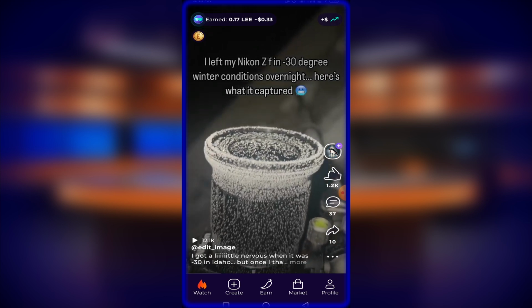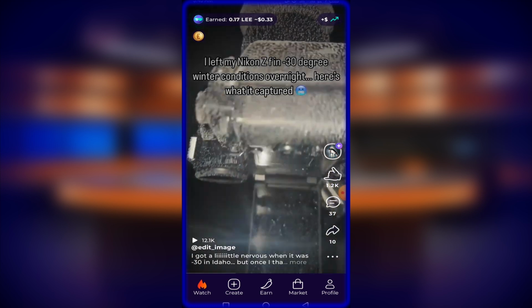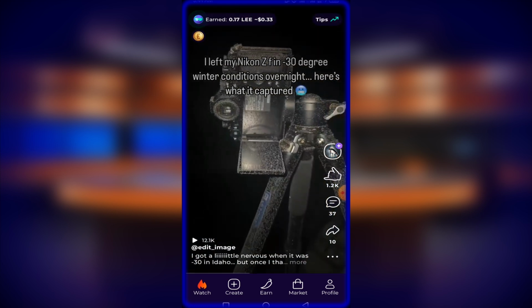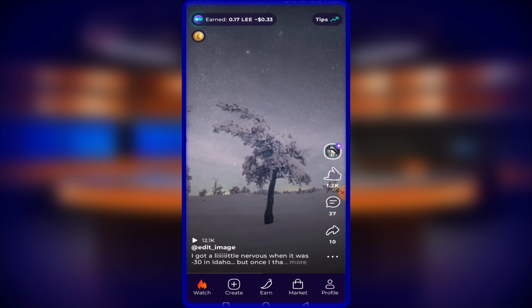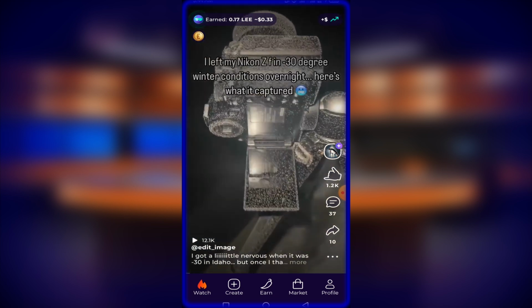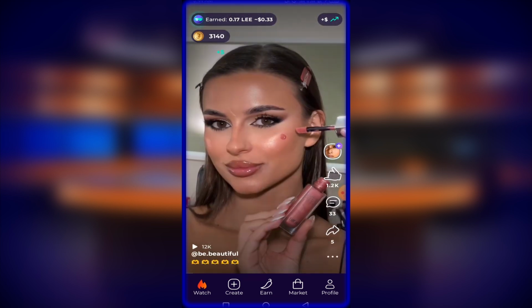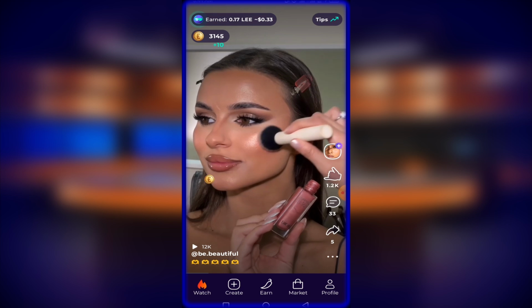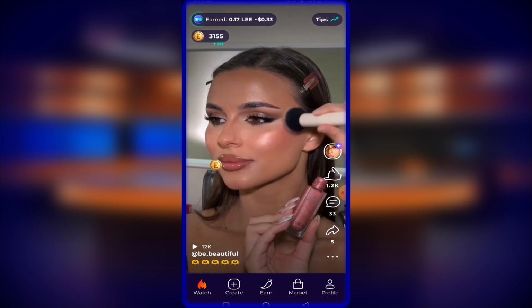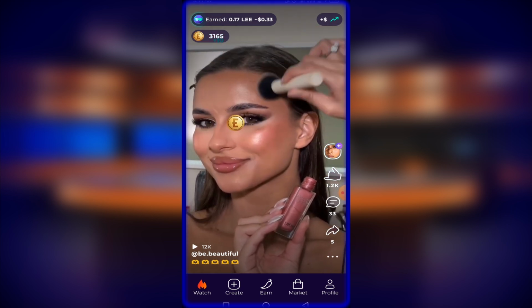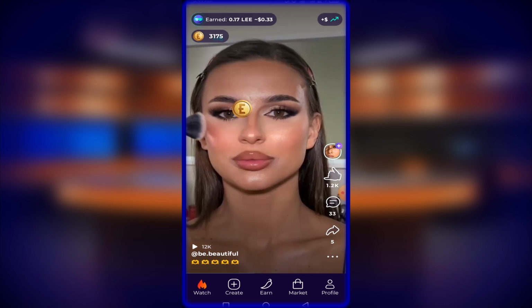So you can see that my earnings have changed. This is what I've earned now, and I think if I exit this app and come back here again, you notice that my end balance will be 0, because the one I've earned now will be added to my main balance. Okay, so let me move to another video, and you notice the easy coin is increasing. Okay, so this is how you go about it.